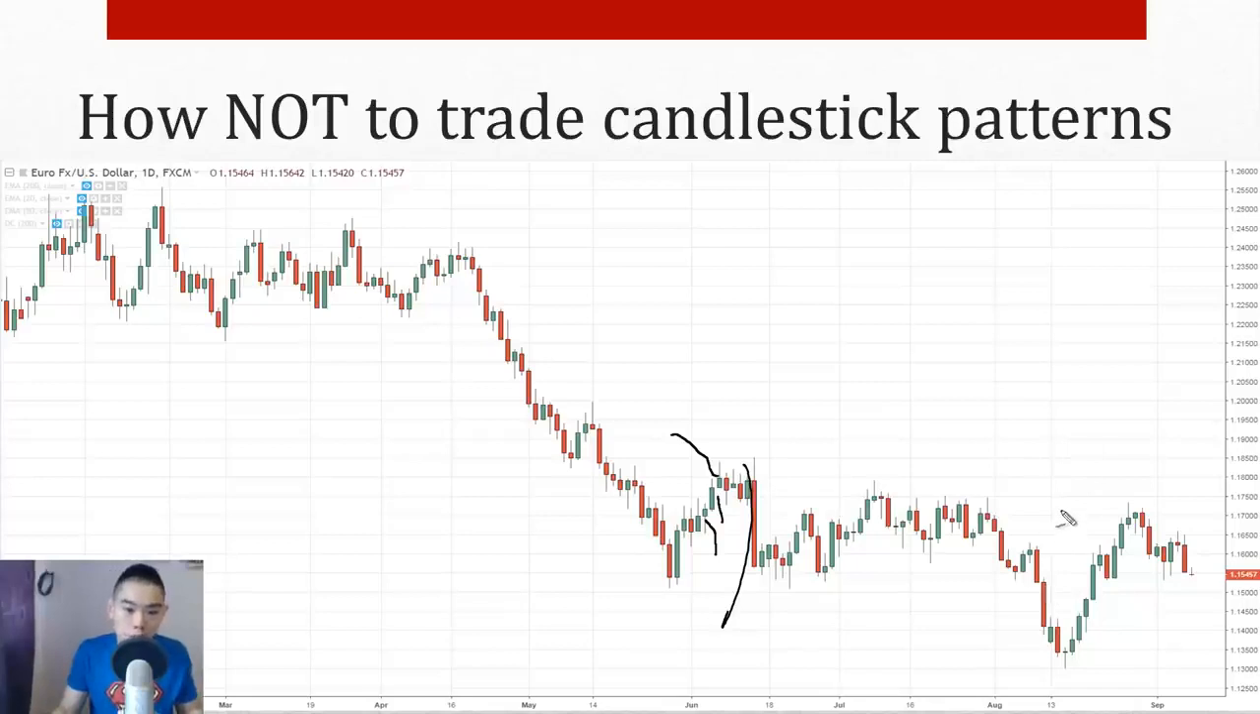Similarly, they look at the chart. Oh, it's so bearish, red candle. Sellers are in control. I should go long. Bam, the market reverses. Or if they look at this green candle, oh, rejection of